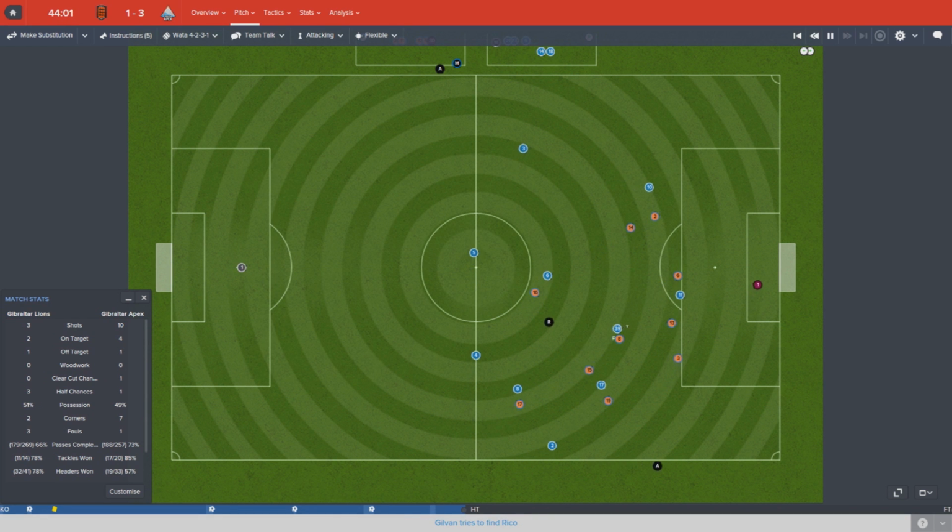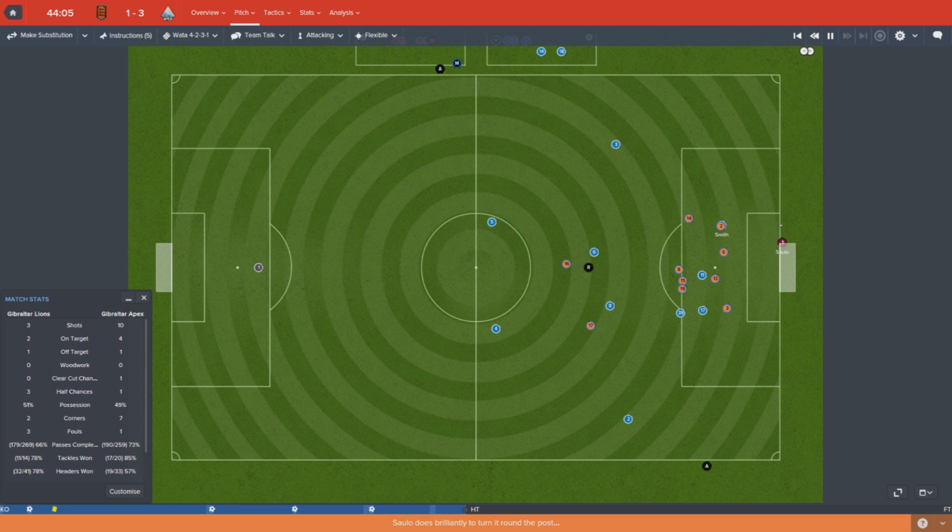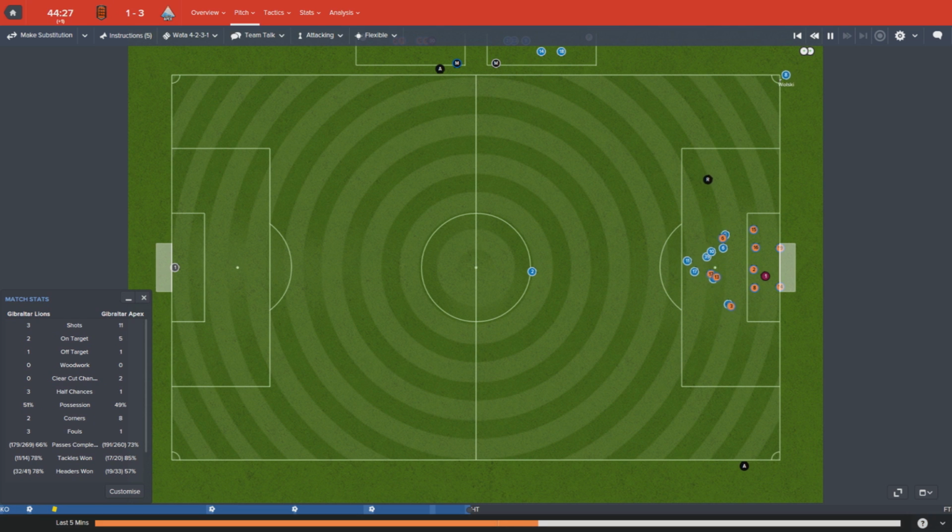I was about to say, maybe we're just going to go in like that. Rico's on the play again. Oh, Smith should have buried it. Rico wanted another assist. It's a class save, to be fair, by the